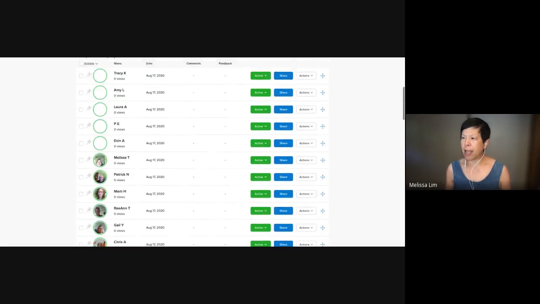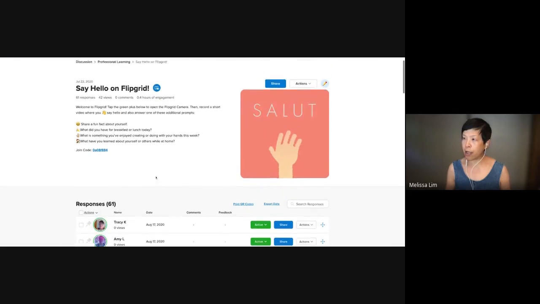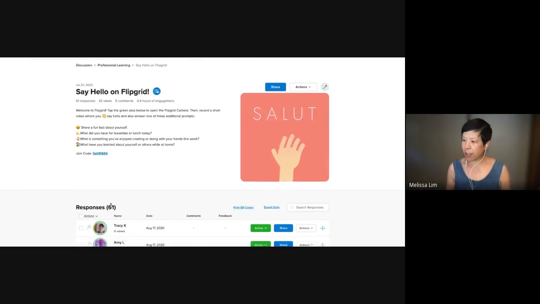augmented reality feature, that's sort of fun. I guess they came out with it in February. And so here I am in my grid or my topic. And you can see at the very top of the responses list, I've got a link that says print QR codes. And so if I click on that,